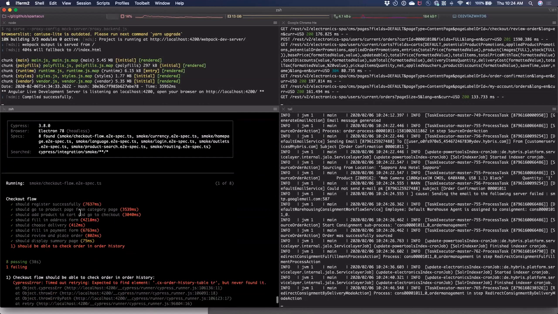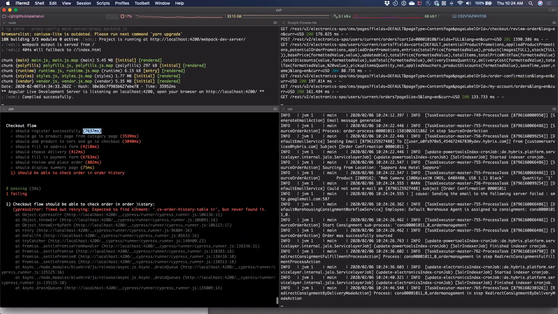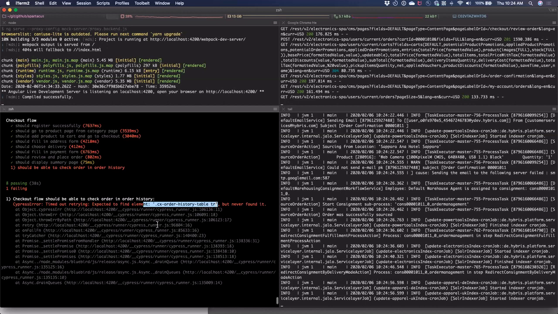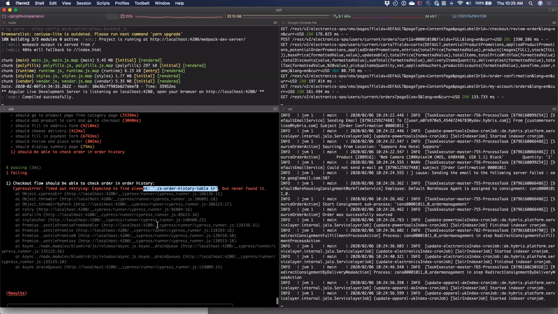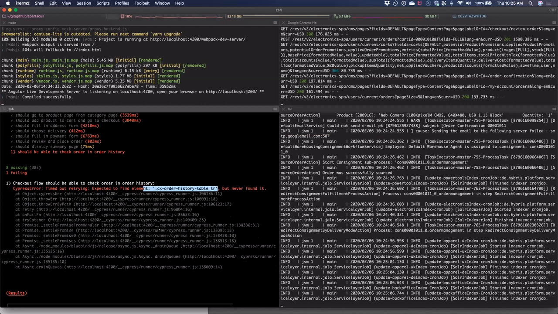So it starts running. You can see how long it took for each one of the tests, and then you can see the failure. You can see the same message in a headless way. This is going to basically show up in your logs, and with the help of the dashboard, you can have this in a visual environment in which your team can go and take a look at the tests and the runs and see the video and see what happens. And this is pretty much what we do.